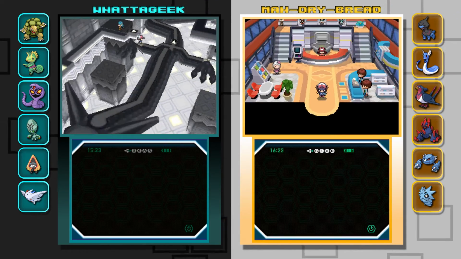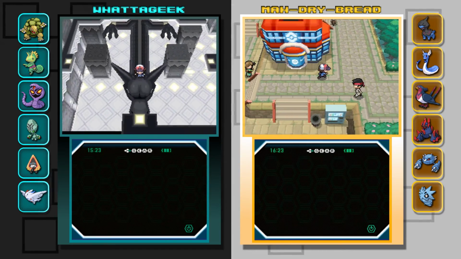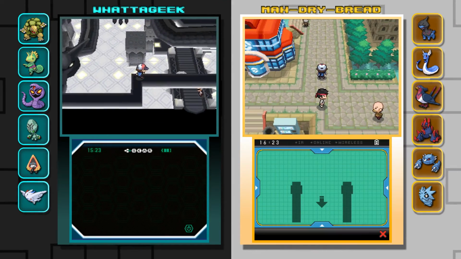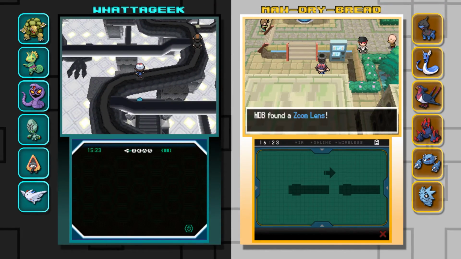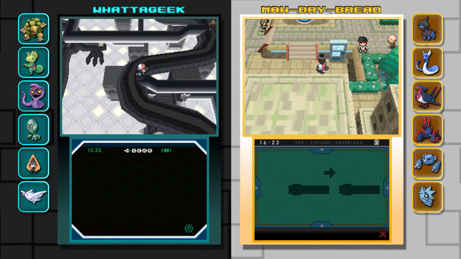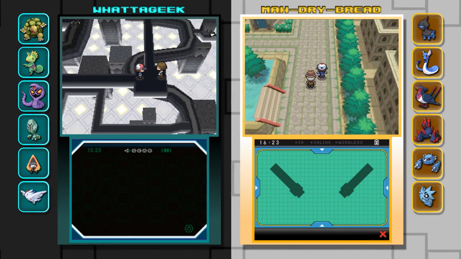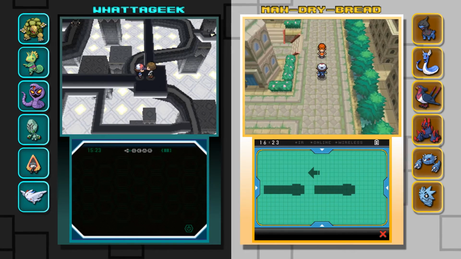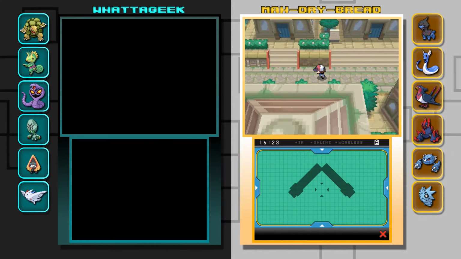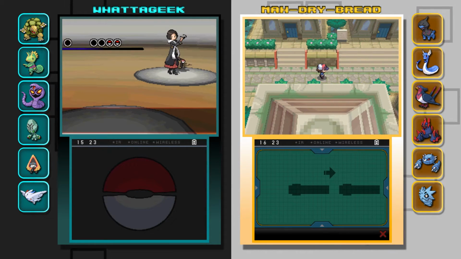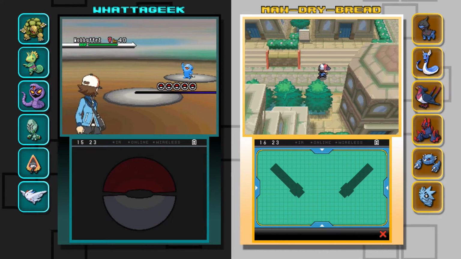buffed by Drought. Which one of my pseudo-legendaries is going to be the first one to hit its final form? I think Pupitar? No? Metang. I think Metang evolves at 45. Ooh, it just got a zoom lens off the ground. Isn't that increased accuracy? Increased accuracy by 10%. That's not bad. Really nice. I think it's either the zoom lens or the wide lens that will increase your accuracy significantly if you are the last to move. I can't remember which.